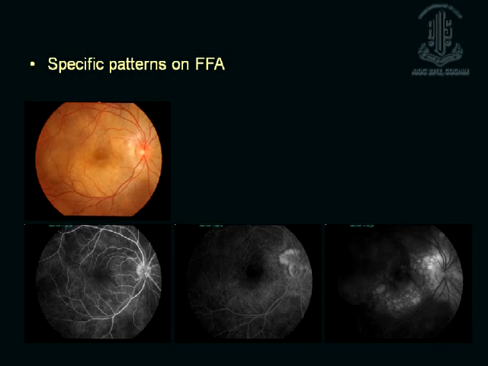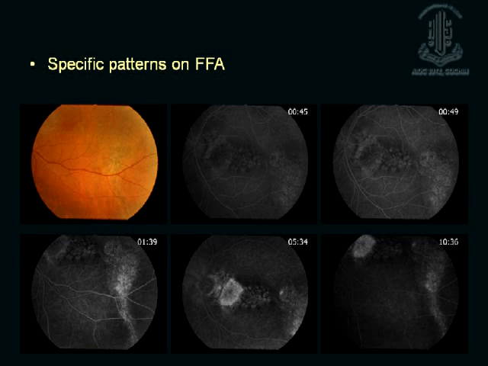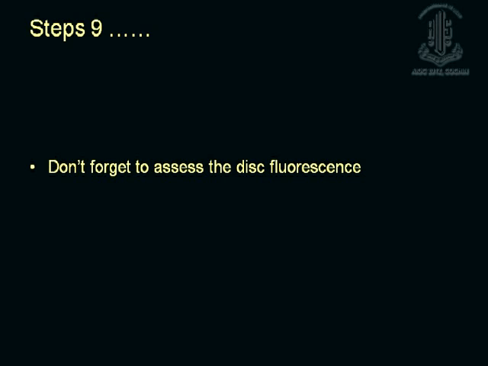This is again a very, very important pattern to remember, where you have large late pooling, multiple pinpoint hyperfluorescence with large pooling of dye, very specific of certain inflammatory conditions, VKH and other conditions. So this particular pattern will again give you an idea about what we are dealing with. Again, one more particular pattern where we see an RPE tract extending inferiorly. You look at this pattern, you know this is a particular condition. So this pattern recognition comes from experience, from looking at a lot of angiograms. This is something we would encourage you to do, because this is probably the most important way in which we really diagnose any angiograms.